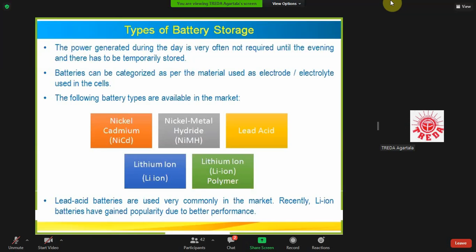Commonly in solar energy, the most common use is the lead acid battery, and nowadays it is the lithium ion battery for the solar street light, because previously the lead acid flooded type battery was used for the